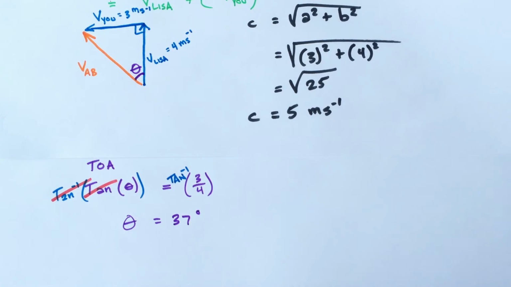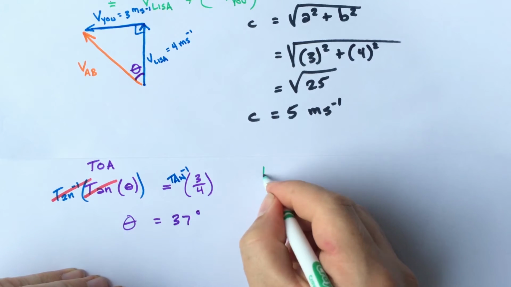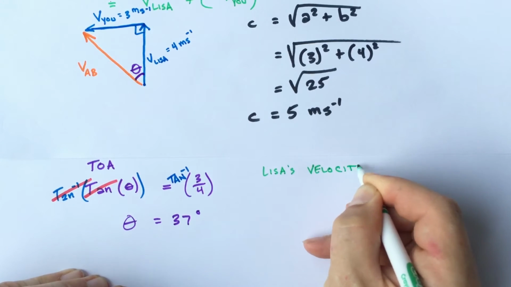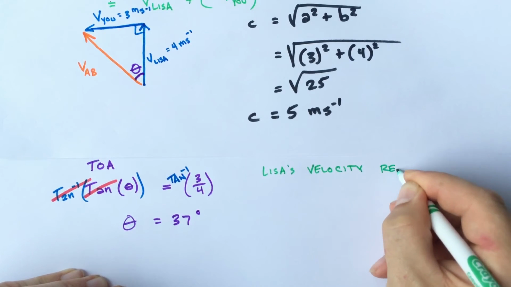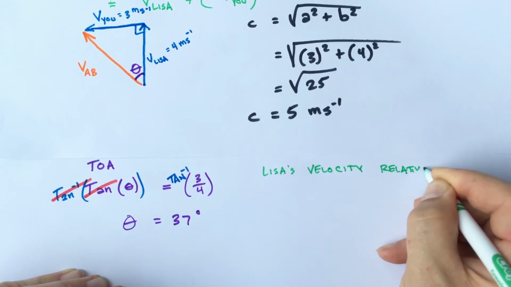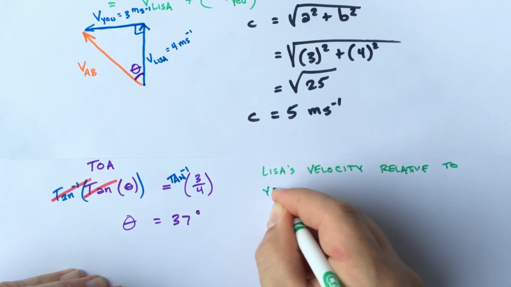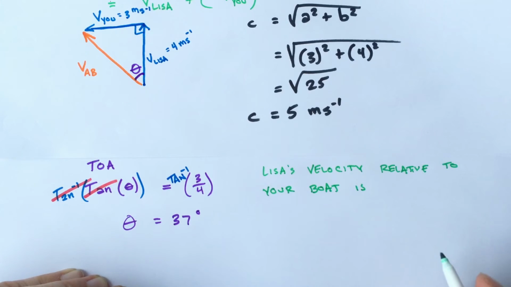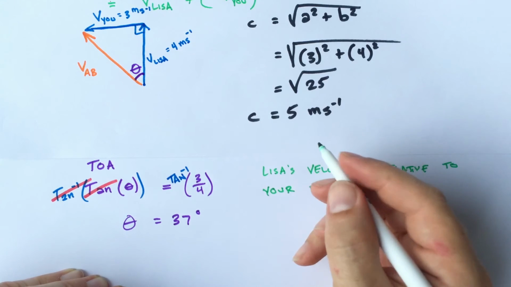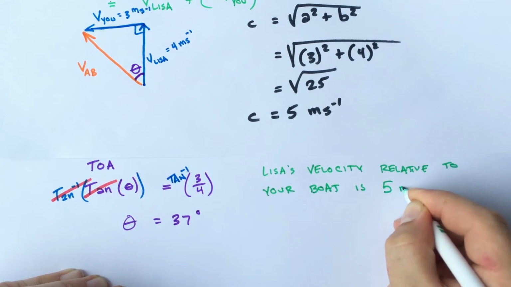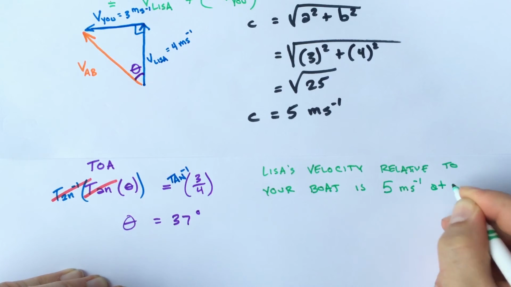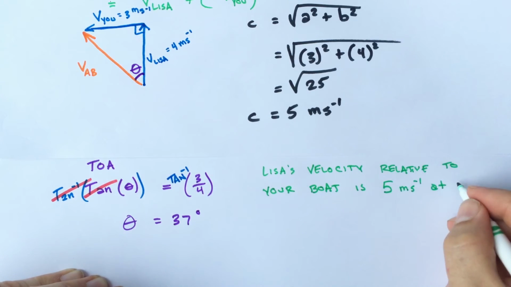So now we can say that Lisa's velocity relative to your boat is 5 meters per second at 37 degrees,